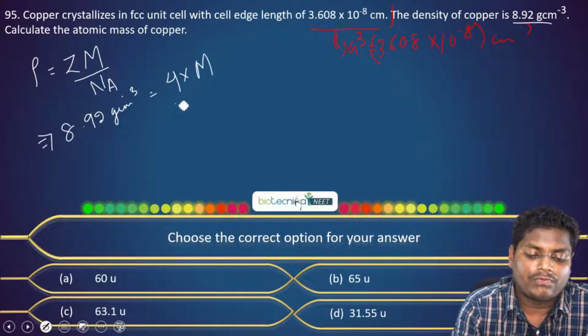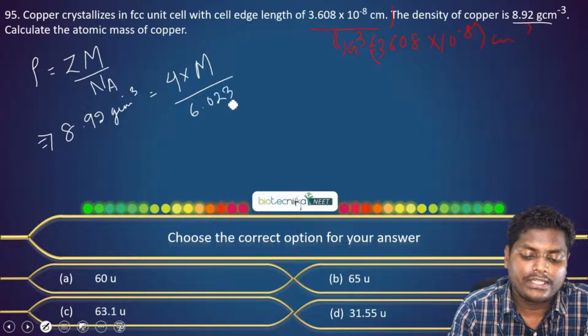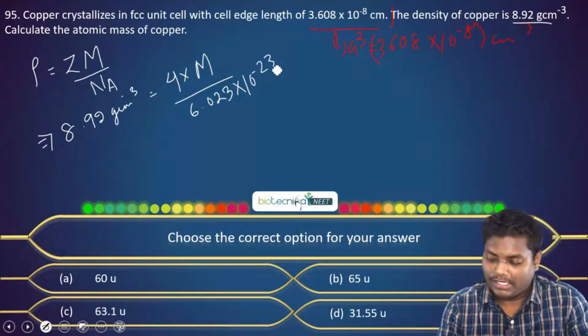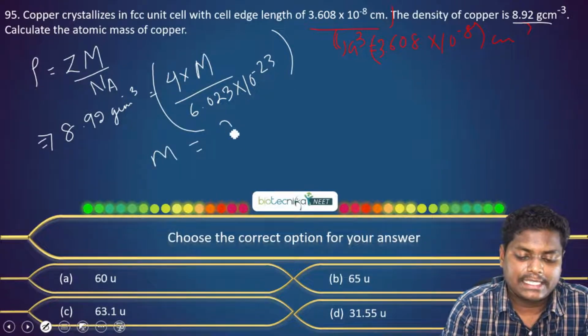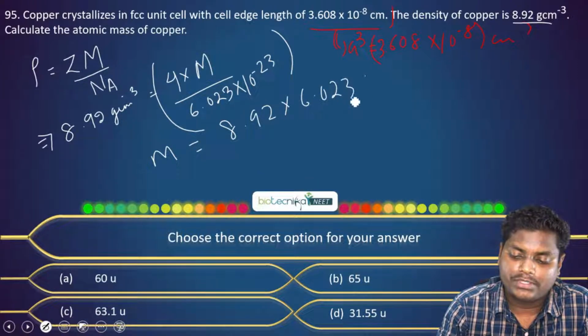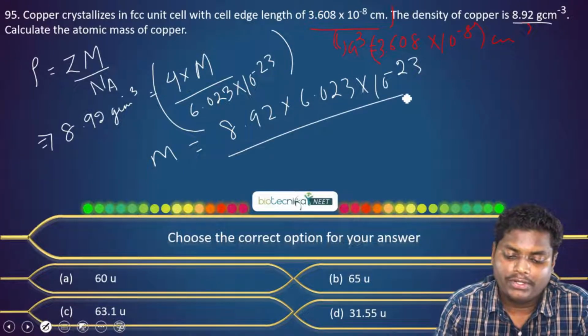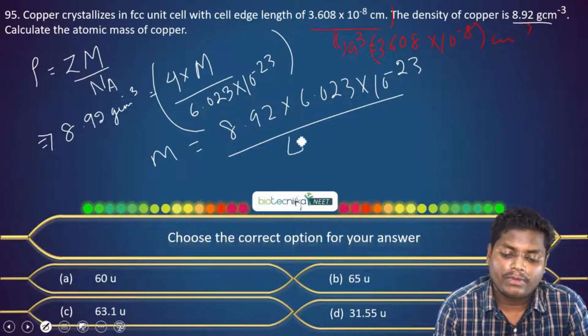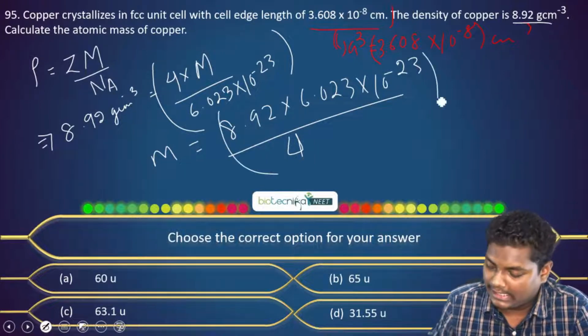Molar mass we need to find, and we have the Avogadro number 6.023 into 10 to the power 23. Now if we solve this for m, so if we solve this exactly,